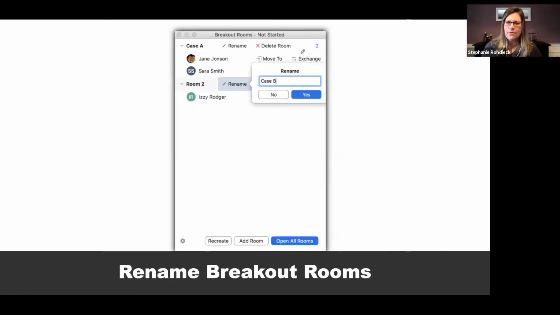So Kathleen had asked, how the heck do I rename? Which is an excellent question. Regardless of what method you use, any of those 3 options, when you create a breakout room, you can rename them. And how it looks now is that there's a little, see right here, right next to the name. These start off with room 1, room 2, room 3. And I rename them based on cases, because I was just pretending like, okay, we're going to be doing some case studies. So this one's case A. And then you can see I wanted to make this one case B. You just click on the button, it opens up a window, and you just type what you want and say yes or no. Pretty simple.